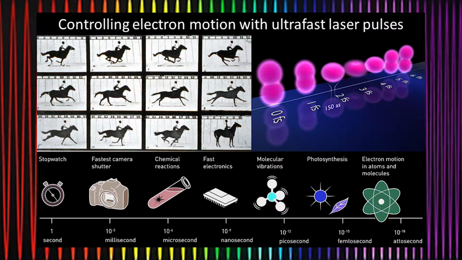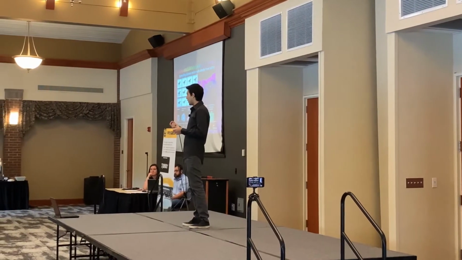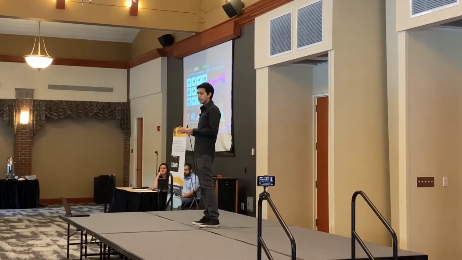We can do this by generating light sources over the entire electromagnetic spectrum, from the long wave infrared to the extreme ultraviolet. It's not only important to learn about these kinds of processes from a fundamental science perspective, it's also important to do this so that we can learn how to control the precise products of chemical reactions and drive high-speed electronic devices. Just this year, the Nobel Prize in Physics was awarded to the developers of laser technology that paved the way for this research to be able to happen in the first place, as well as its applications to medicine and